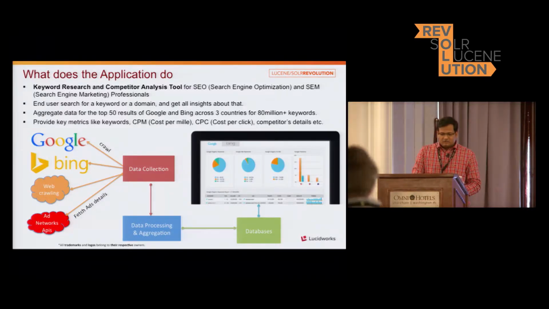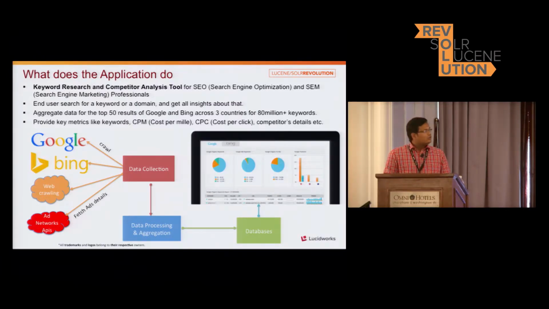What we do is aggregate the data that is shown in Google. We crawl Google and Bing, and we also do web crawling across multiple websites. Then we also fetch data from ad networks, which have published their APIs, and from the APIs we collect this information.